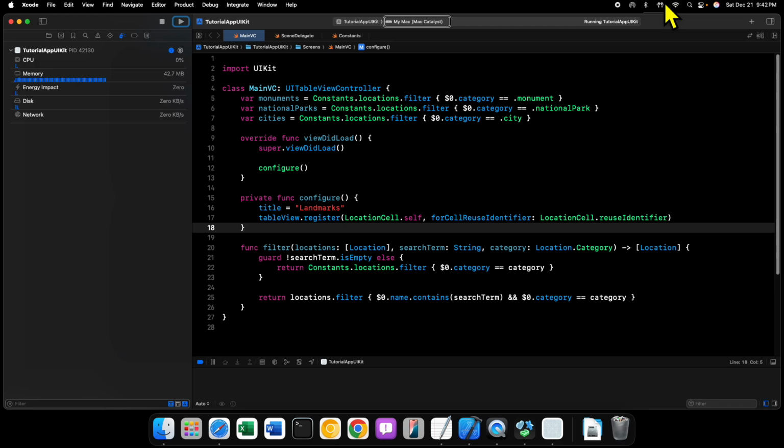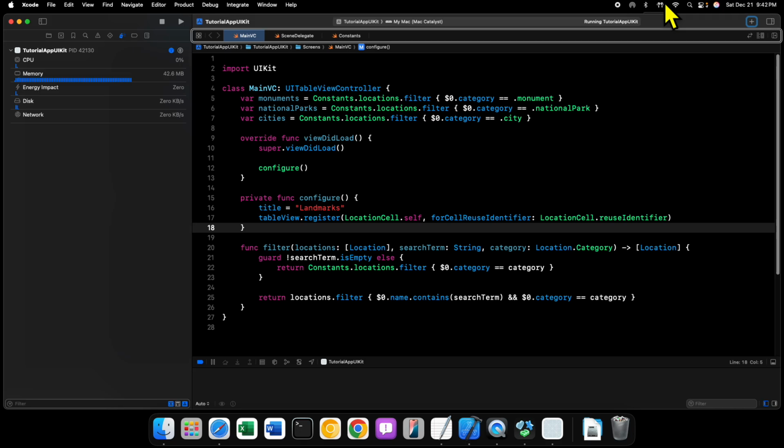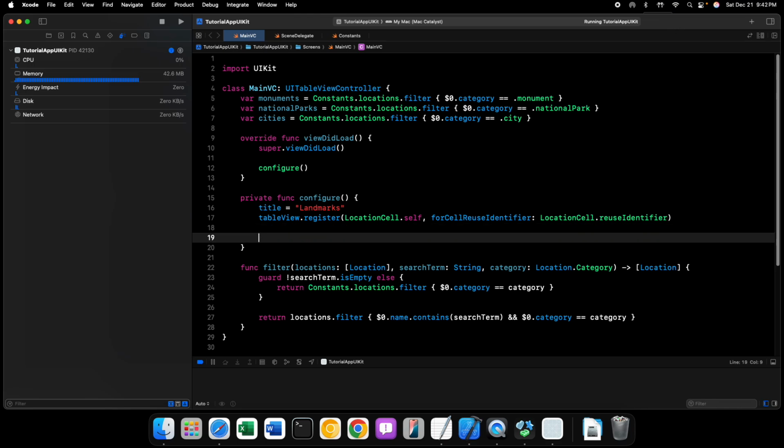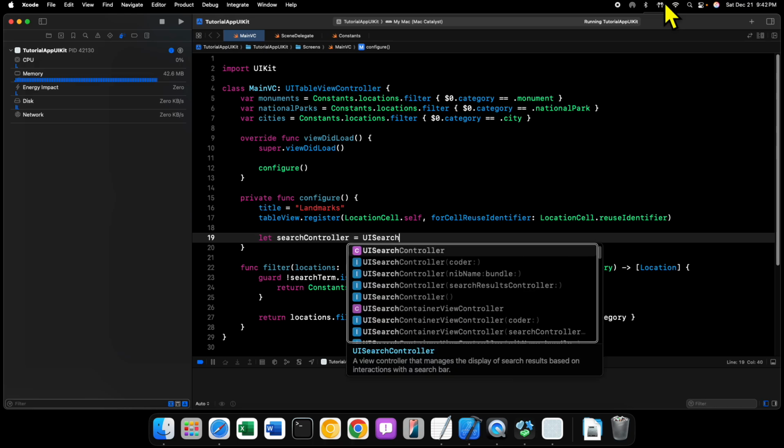All right, so now that we've seen what application we're going to start with, let's go ahead and actually configure our UI search controller. So inside of the configure method, right below where I'm registering my table view cell, we're going to say let search controller equals a UI search controller,